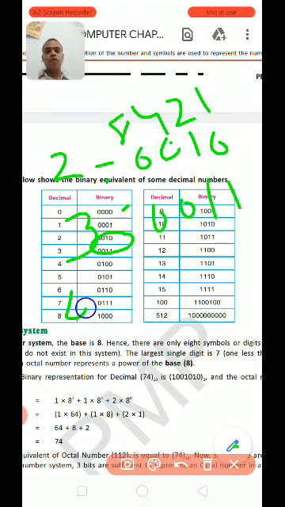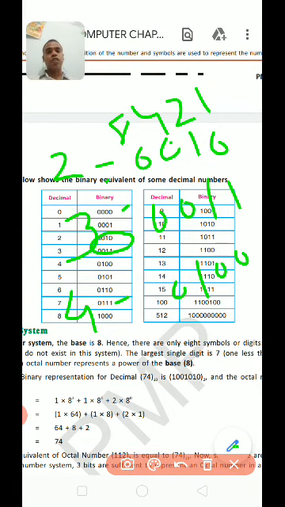Similarly, in the fourth situation, if we calculate the binary number of the 4, so which bit becomes on? So if we turn on the bit third from the right hand side, its value is 4. Here I turn on the bit, and this is off and this is off. So for the fourth number, the decimal number 4, we have to turn on the third position of the binary.